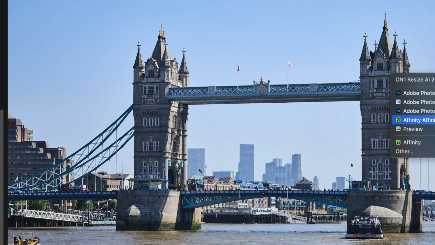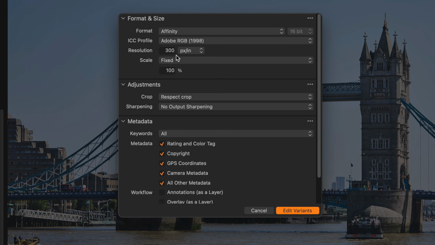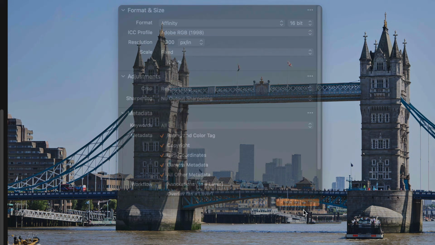Now I don't know why it's called Affinity Store. I'm guessing that's some kind of weird bug thing going on there, but all you have to do now is just open that, and you see under format and size it comes up format TIFF. What you want to do is change that to Affinity, and then everything else you can pretty much leave as default, and then go edit variants. So this should now open Affinity,